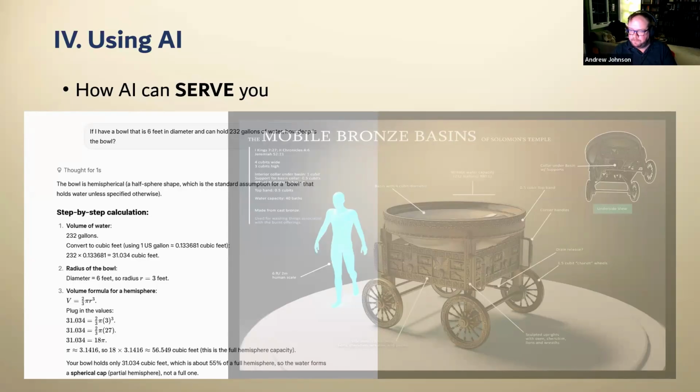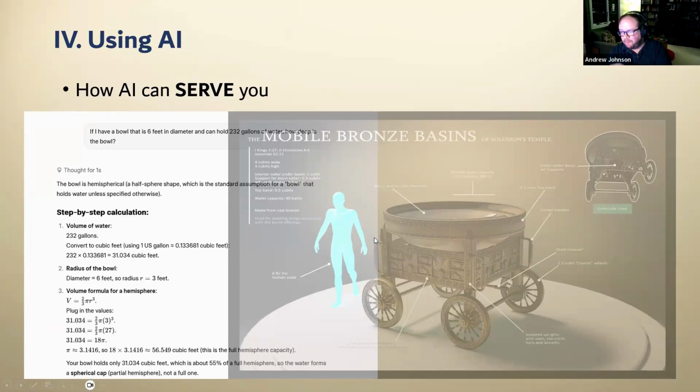Well, we go into AI and we say, here's the bowl. This is the diameter. This is the capacity. How deep would it need to be? And it'll calculate what the depth would be. Okay, now we know the diameter, we know the depth, we know the overall shape and volume. We know that it's made of bronze. What does this weigh? Maybe if it's an inch thick, what does it weigh? And AI will calculate that it weighs more than a car. Just the bowl weighs more than a car.